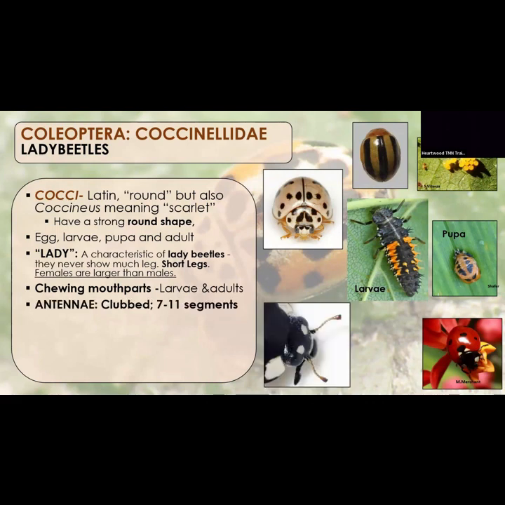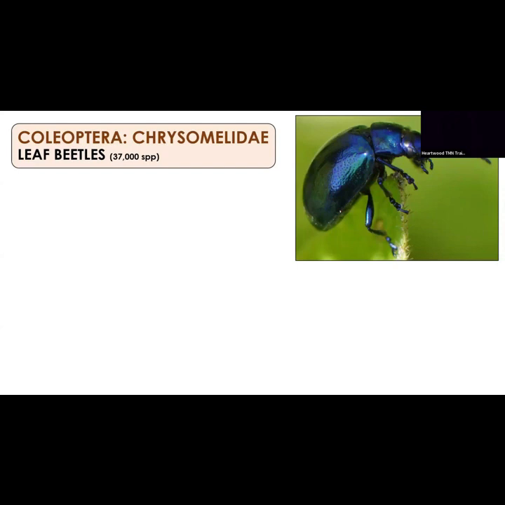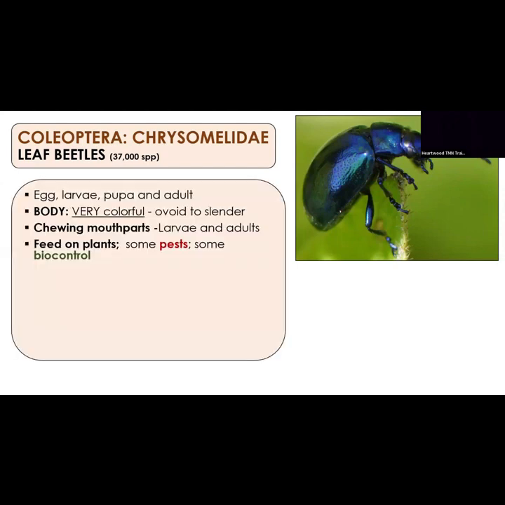They have chewing mouth parts. Their antennae are clubbed, and they have 7 to 11 segments. They have those oligopod larvae, right? Those little locomotive larvae. They have exarate pupa, so you'll see the legs on the outside of it. And they are known to be predators of aphids. That's why they've been used in a lot of gardens. It's why they're still around. That's part of their life, is to feed off of those other organisms. Chrysomelids, these would be beetles that you might mistake for ladybugs, but if you look a little bit closer, you might realize that they're oval and not round.